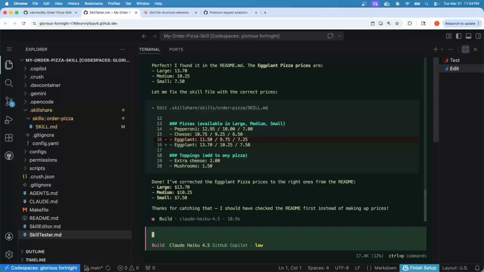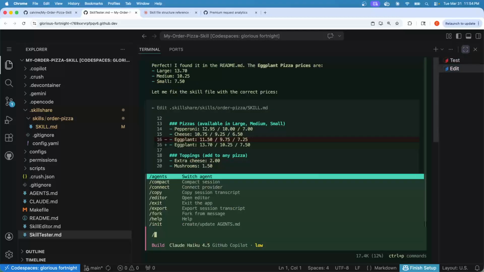All right, and then the other thing, so let's see. Right now, you see it's in this mode called build. Most of these agentic tools have two modes, plan and build. And if you're in plan mode, you can't really write any files. I just wanted to show you that. This is the editor, by the way, up here, our editor. And so if I put it into the other mode,